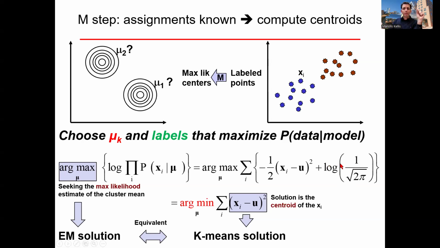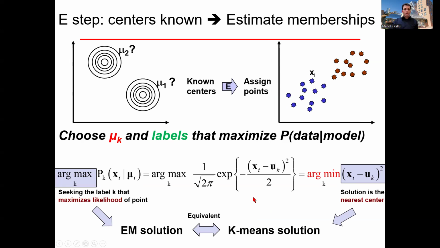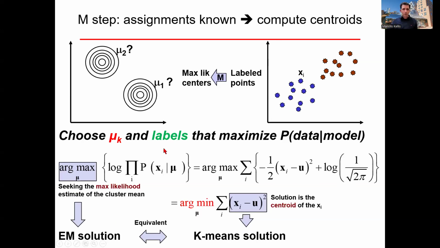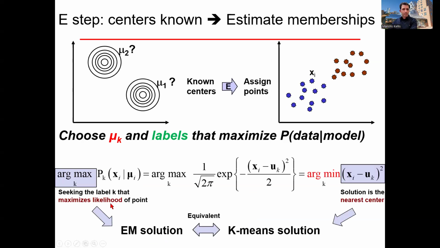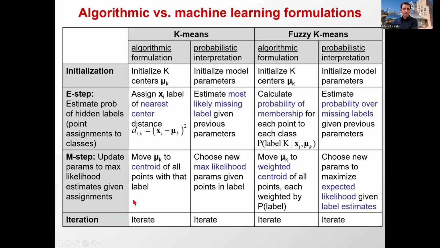But now, if you have a parameter associated with the spread of that decay, that becomes a standard deviation that you scale in that exponent, and that basically becomes a scaling factor that you're going to need to incorporate in your algorithm. Okay. And then again, the same thing happens with this maximization of either maximizing the likelihoods of the cluster means and maximize the likelihood of a point being generated by that mean.